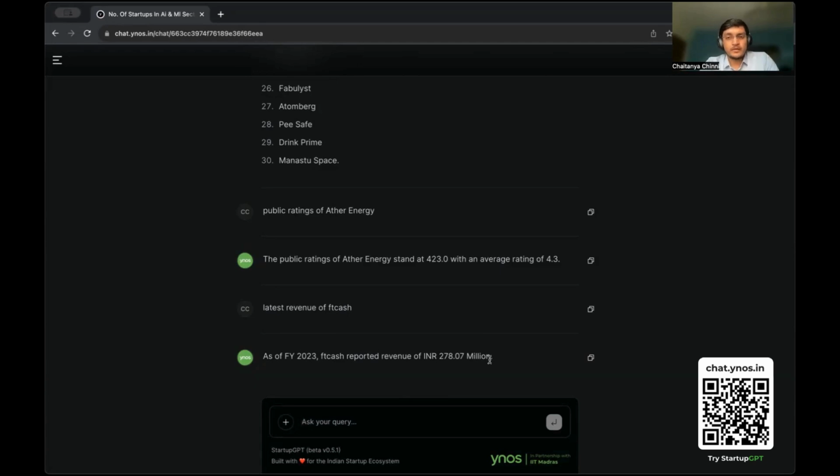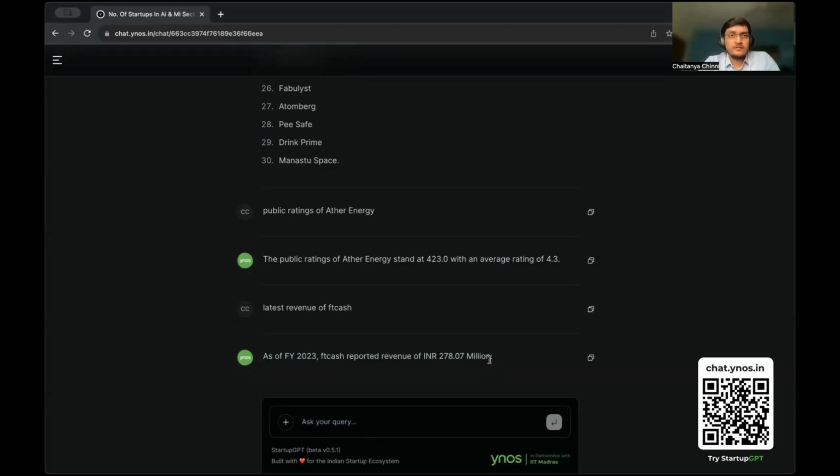So this is a quick overview of the power of StartupGPT. We are very excited about this, and we are currently working on some major improvements. If you want to build visualizations and handle more complex queries within the platform, like typical BI, you can visualize the same data and analyze it further. That is one. Second, we also want to enable vernacular capabilities in the platform so that you can use StartupGPT in your native languages. We believe this would be very useful for tier 2 and tier 3 entrepreneurs.